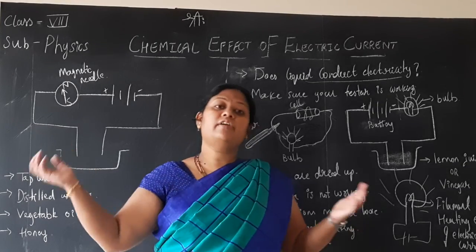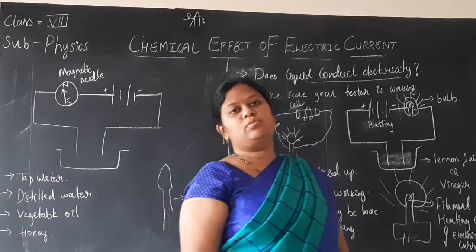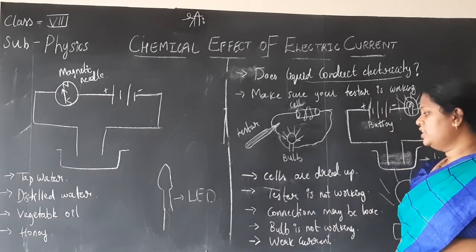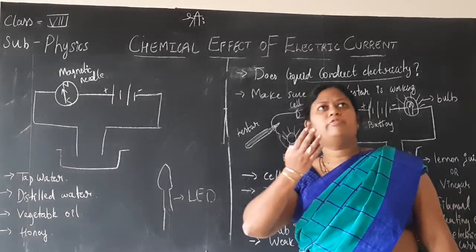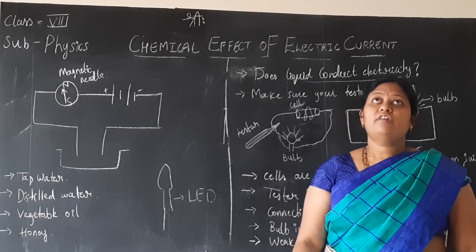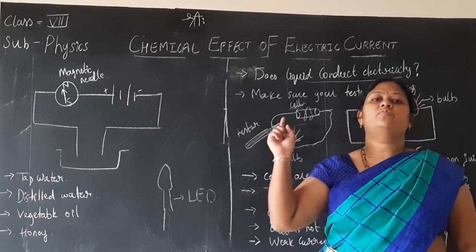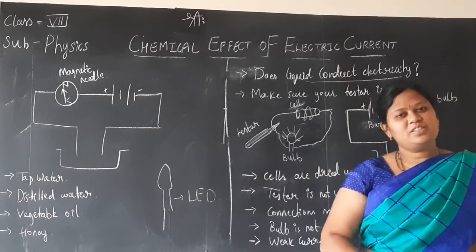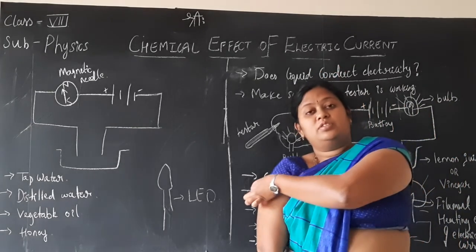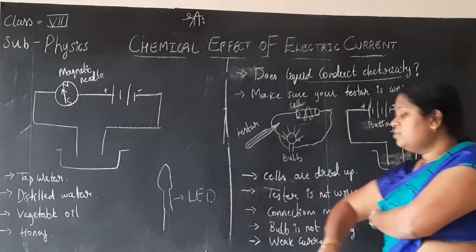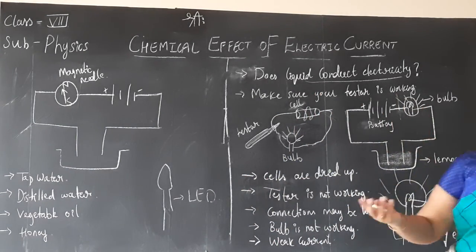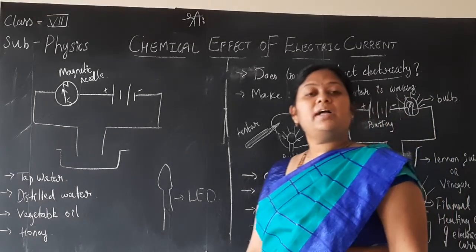Single phase, that is from the KEB itself they do that. Single phase of current will be supplied. So in that case, a few bulbs at your home may not work. The fan may not work well, though it is working, even at high speed it will rotate slowly. All this you have experienced, no children? So similarly, sometimes when there is weak current, the electric bulb may not glow.